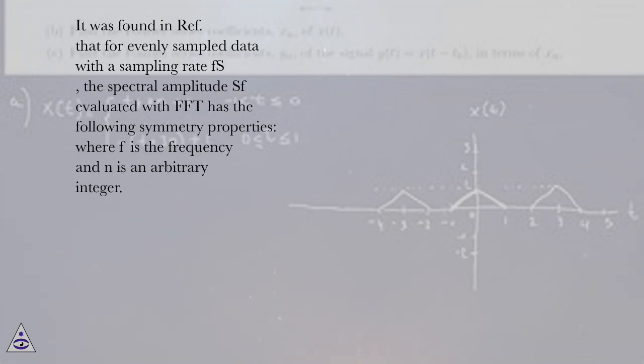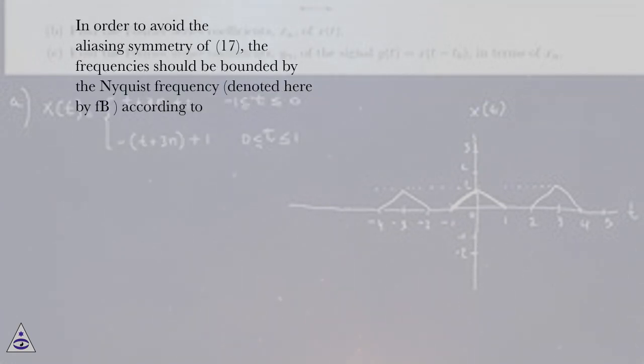It was found in ref that for evenly sampled data with a sampling rate fs, the spectral amplitude SF evaluated with FFT has the following symmetry properties, where f is the frequency and n is an arbitrary integer. In order to avoid the aliasing symmetry of 17, the frequency should be bounded by the Nyquist frequency, denoted here by Fb, according to